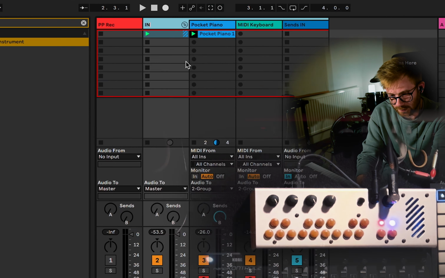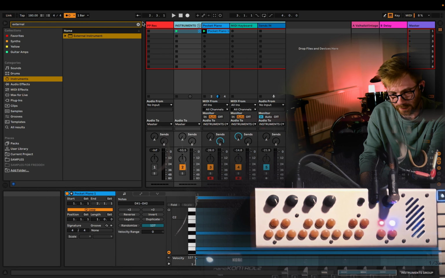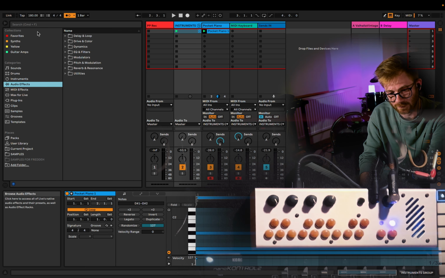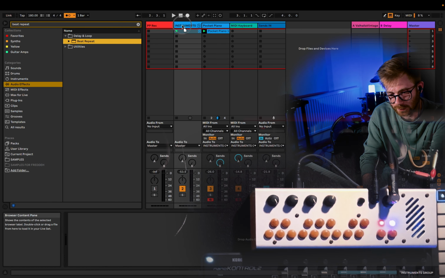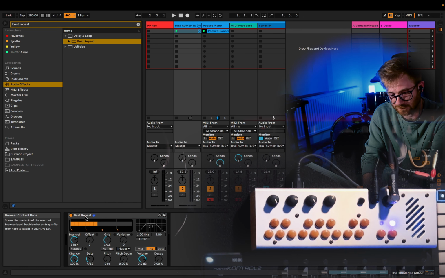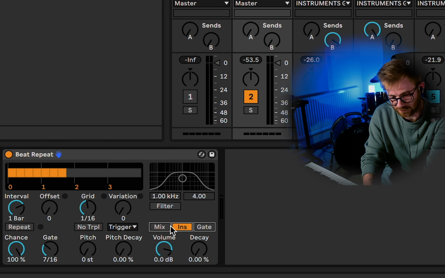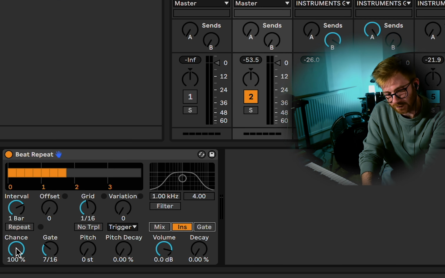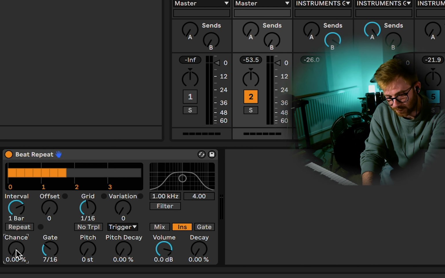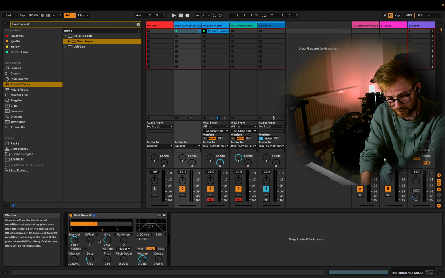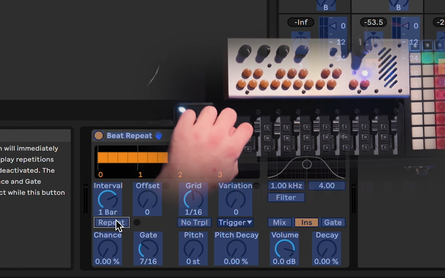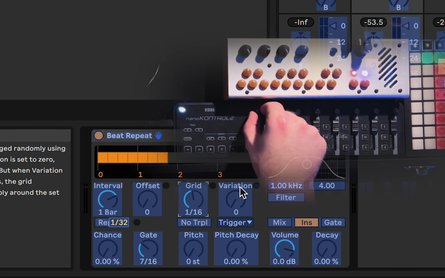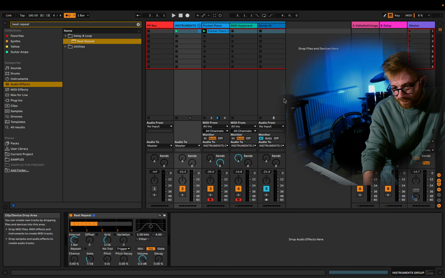I'm going to call that instruments group, and then this is another one of my go-to tricks, which is to put on this thing called Beat Repeat, which is built into Ableton. It's great. I use this a lot for live glitches. So the first thing I'm going to do is change it from mix to instrument mode. I'm going to turn the chance knob all the way down to 0, which defines the likelihood of the beat repeat effect engaging itself randomly. And then I'm going to assign the repeat on button to a button on my nano control here. The grid knob I'm going to assign to a knob here. And now if I play something,